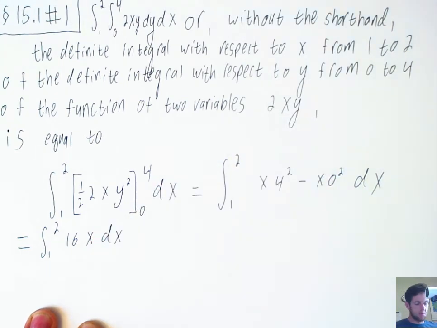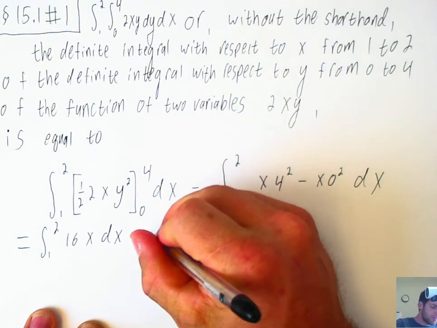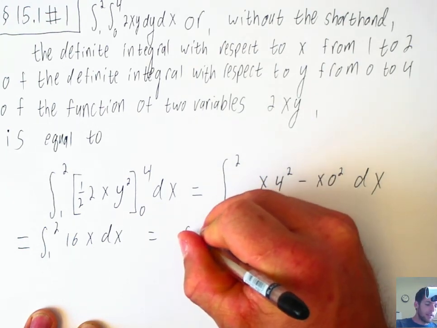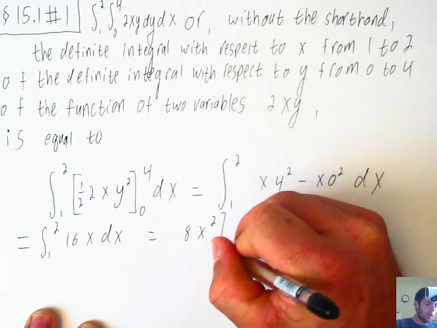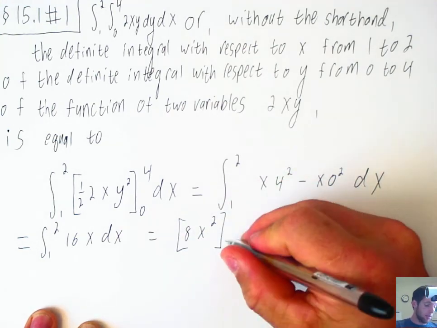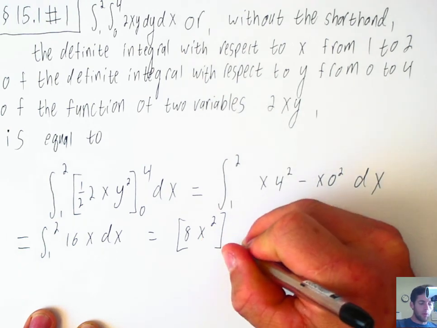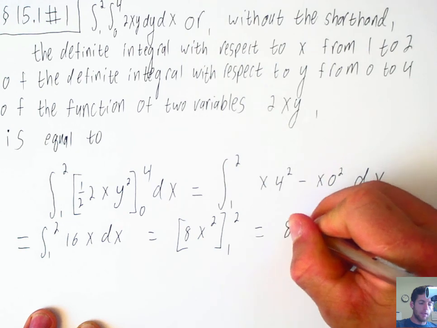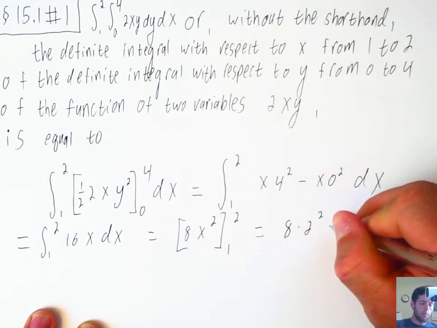Now, this is just a definite integral. Antiderivative of 16x is 8x squared. I can evaluate this definite integral by evaluating that antiderivative between 1 and 2. 8 times 2 squared minus 8